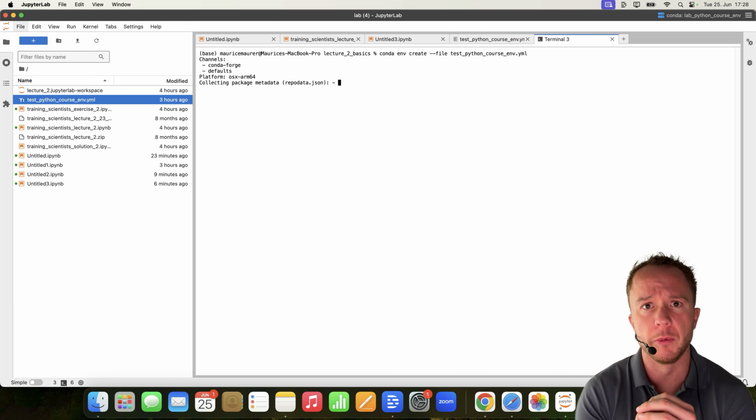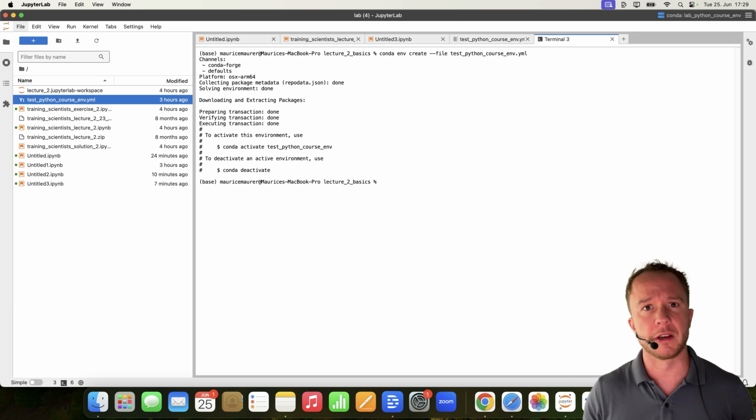That will install the environment. Installing an environment sometimes takes 20 seconds, sometimes it takes 15 minutes. It'll depend on how many packages you're installing, your internet connection, how busy the Anaconda servers are. When you want to use it, you can either run this conda activate command if you want to use it